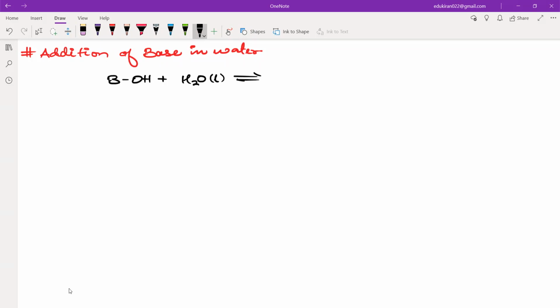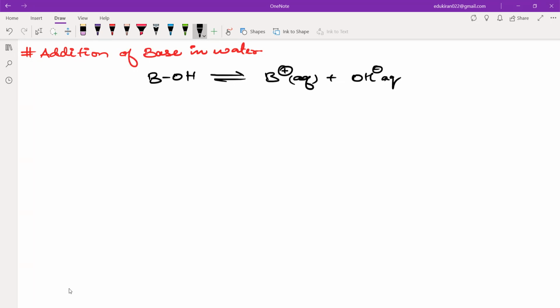Base will give B positive, right? Plus OH negative. Plus H2O. When it is added in water, mainly you can write the reaction like this. Base is going to give you B positive aqueous